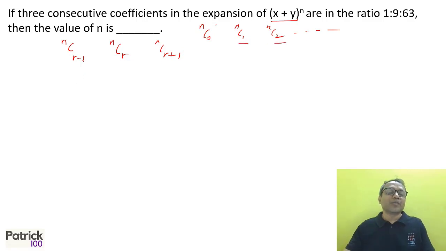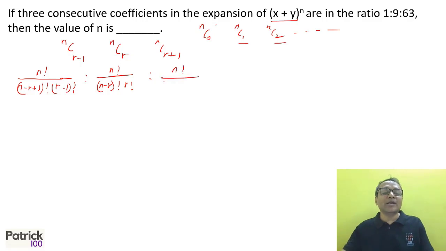If I write this, it becomes n factorial upon (n minus r plus 1) factorial into (r minus 1) factorial. The second part becomes n factorial upon (n minus r) factorial into r factorial. The third becomes n factorial upon (n minus r minus 1) factorial into (r plus 1) factorial. N factorial gets cancelled everywhere. So basically, if you reverse it, this is the ratio you get,